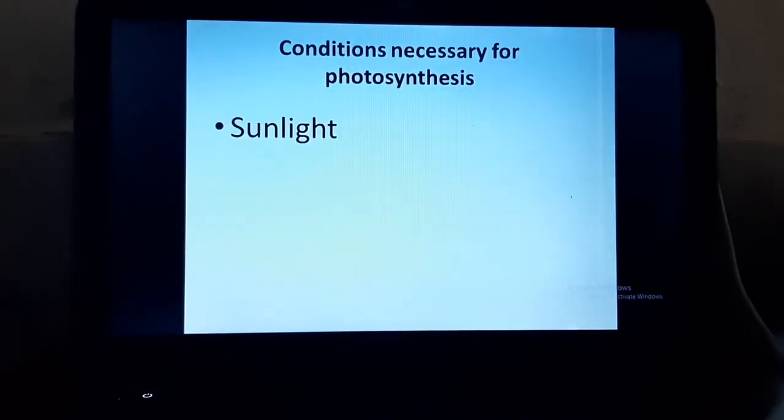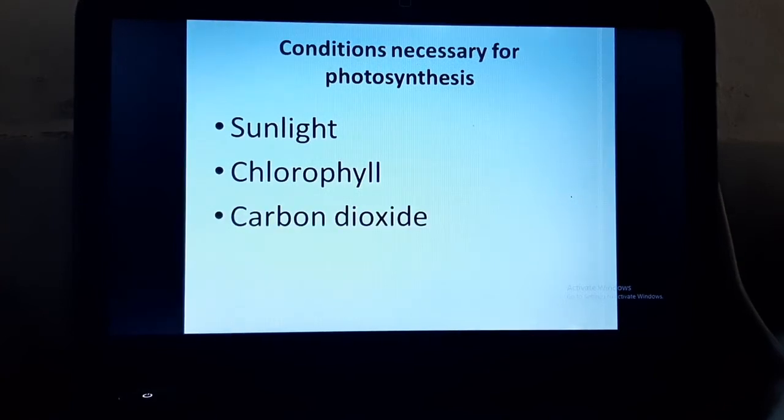We know that the conditions necessary for photosynthesis are sunlight, and sunlight is available in the atmosphere. Chlorophyll is available in the leaves in chloroplast. Carbon dioxide from the atmosphere enters the leaf through stomatal pores. After the process of photosynthesis, the oxygen and the water vapors which are produced are also released in the environment